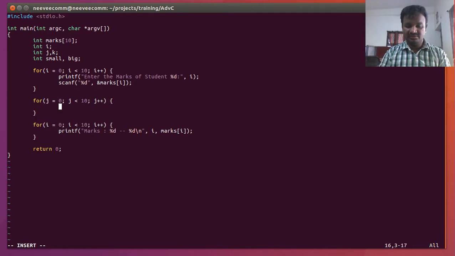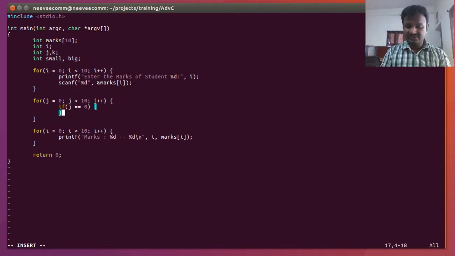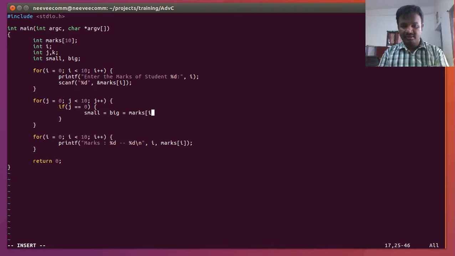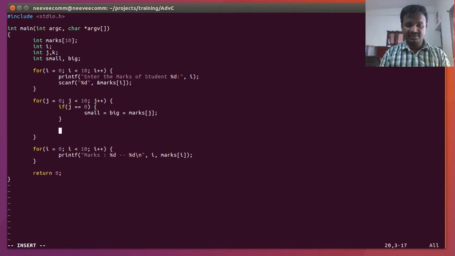For example, if j equals 0, then I'm going to initialize the first number: small equals big equals marks of j. And once we are done, we check if small is greater than marks of j,